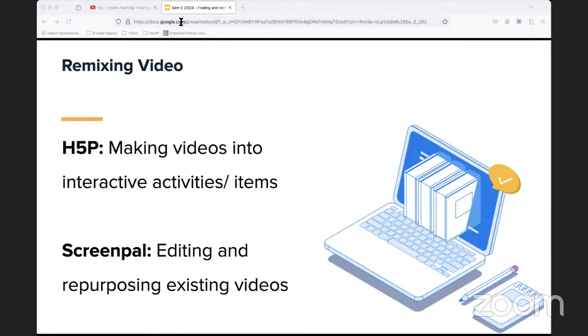I don't think we'll have time to get into H5P in detail today, but there will be additional sessions which will talk a bit more about H5P during the week. So if you are interested in creating your own interactive activities, come along to those.